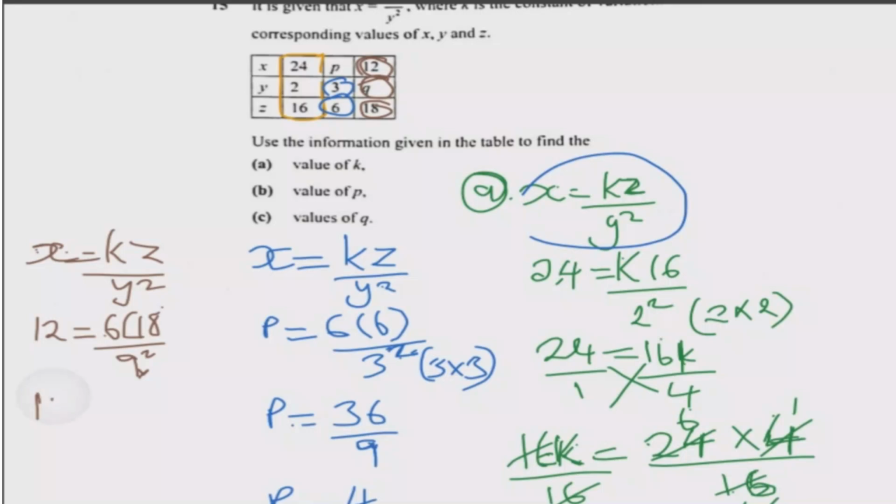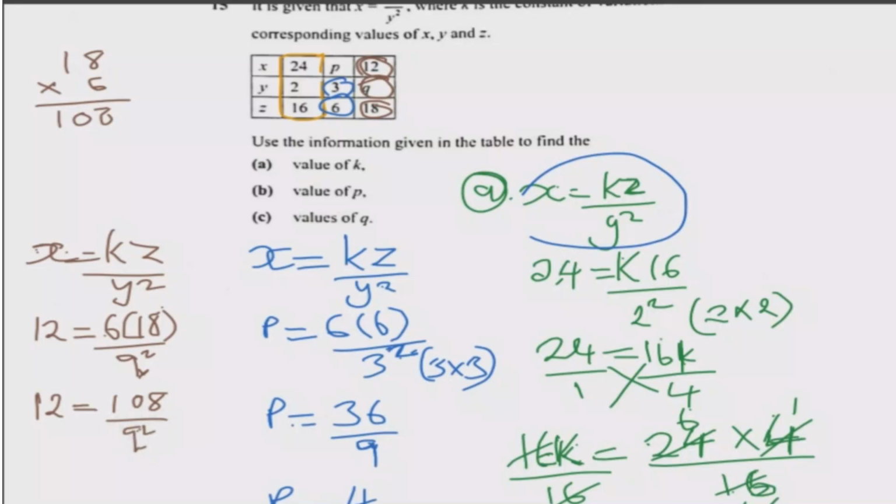12 is equal to 6 times 18, what are we going to get? Let me just multiply here on top: 18 times 6. 6 times 8 will give us 48. Then 6 times 1 will give us 6, plus 4 gives 108. So we have 108 over